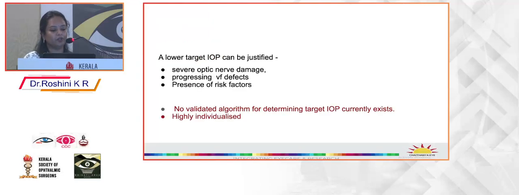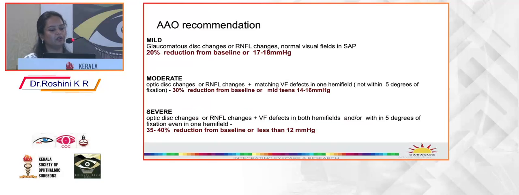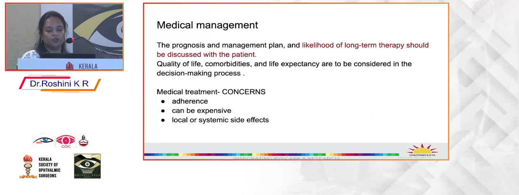A lower target IOP can be justified in severe disease, progressing visual field defects, and presence of risk factors. No validated algorithm for determining target IOP currently exists, and it's highly individualized. AAO recommends a 20% reduction from baseline in mild glaucoma, 30% reduction in moderate, and 35 to 40% reduction in severe glaucoma. So coming to medical management, the prognosis and management plan and the likelihood of long-term therapy should be